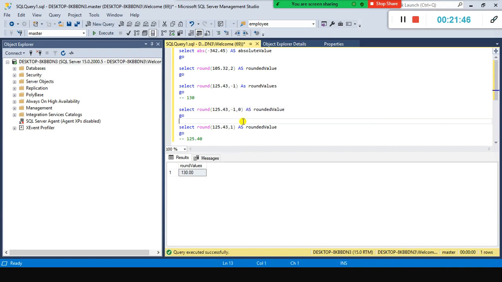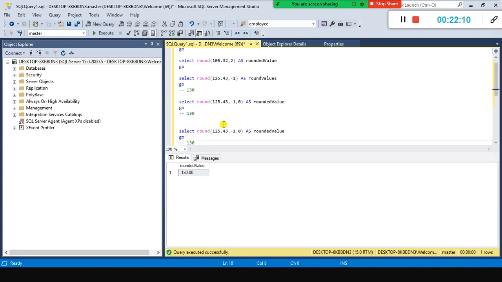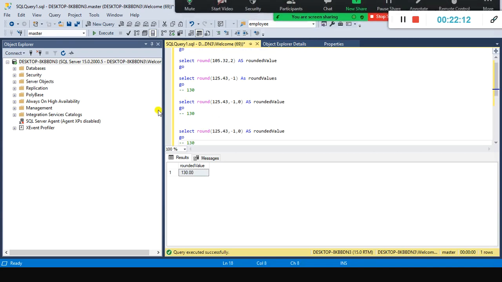Okay, I just go ahead and execute this one, and also I copy this value 130 here, right? So these two are more or less same, right? By default it uses 0, but if you don't specify the third parameter or argument here, which means 0. Okay, and to validate my statement, I just go ahead and say 1 here.